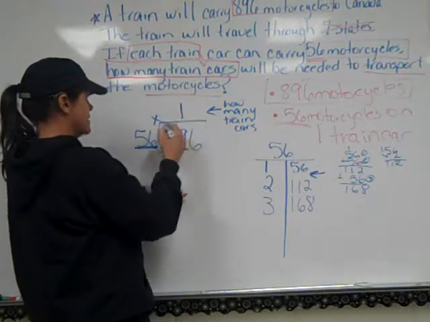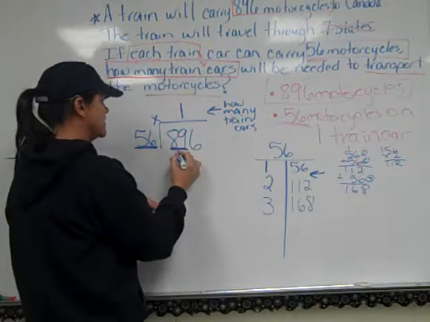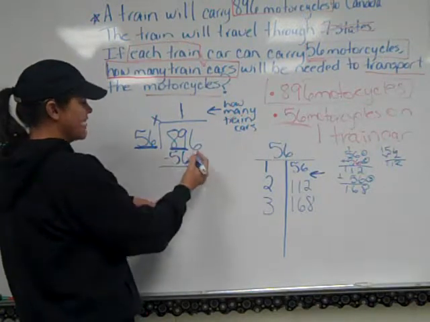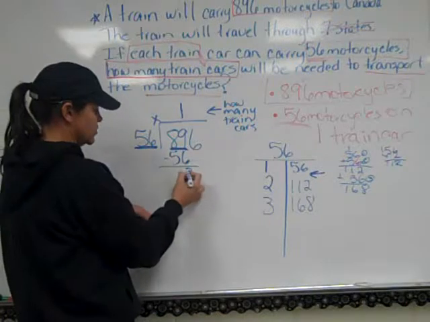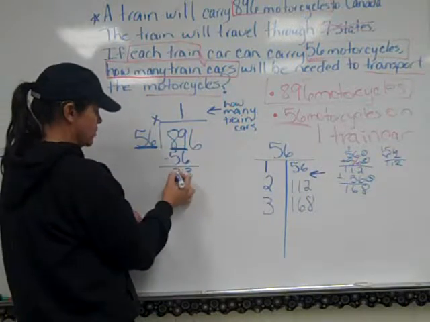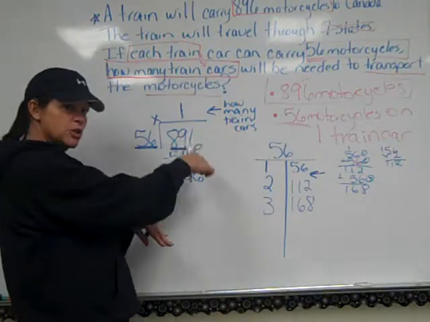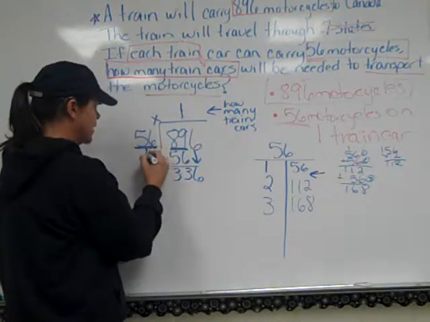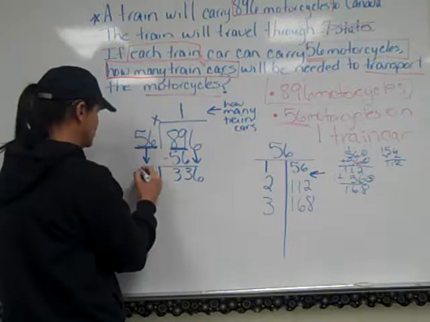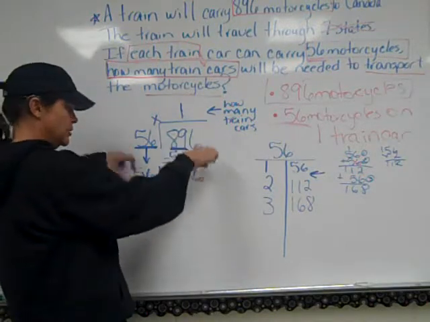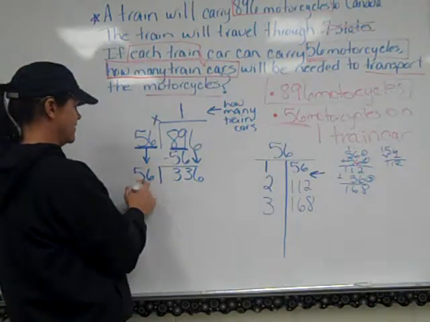And then my next step is multiplication. 1 times 56 is 56. Okay? And then I've got to subtract. 9 minus 6 is 3. 8 minus 5 is 3. And then I'm going to bring it on down. If you bring down a number, remember to come over here and bring down your divisor. It comes down with the arrow when you bring down your number. And now I have to put 56 into